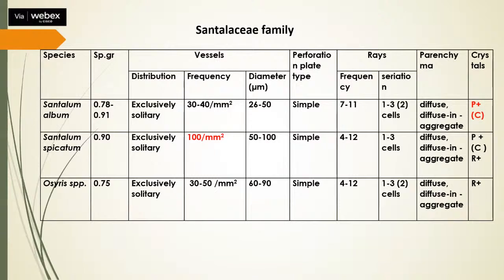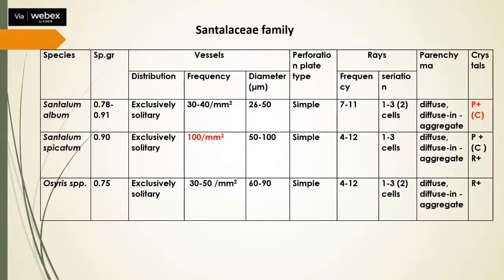Specific gravity is around 0.78 to 0.91 in the case of Santalum album, that is sandalwood. Santalum spicatum is around 0.90 and Osyris species around 0.75. But this can vary. This may not be exact, as there may be a range of specific gravities, so this cannot be used to differentiate. Then the distribution of vessels: all have exclusively solitary vessels. Here also we cannot differentiate. And in the case of frequency,